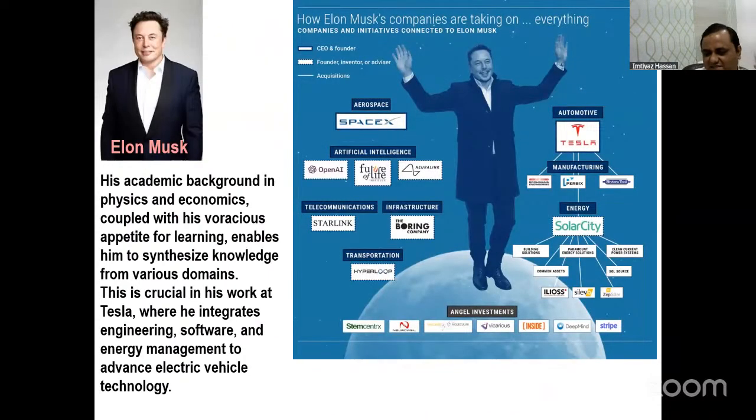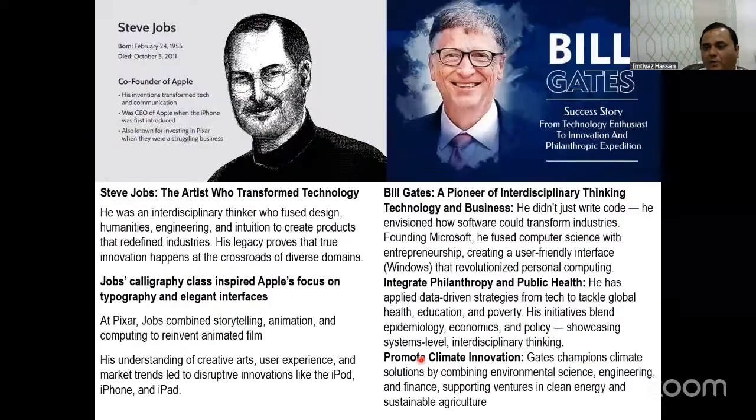Lastly, I'm giving you a successful example. Nowadays, everybody has a role model, Elon Musk. And you know, Elon Musk is one of the richest guys nowadays. But if you take one concrete word for him, it is that he was interdisciplinary. He worked in OpenAI, he gave us SpaceX, Tesla, all those things. If you read the story, you come to one conclusion: he was of a very interdisciplinary nature, and he did not restrict himself. He didn't say, I have studied engineering, that's why I'm an engineer, or I have studied physics, that's why I'm a physicist. He thinks beyond the box.